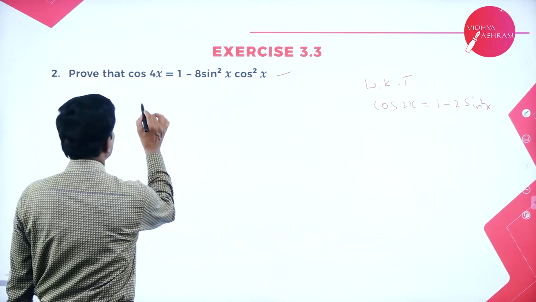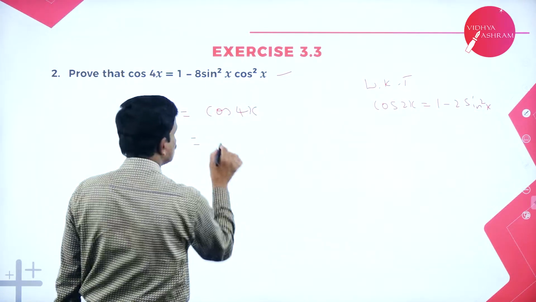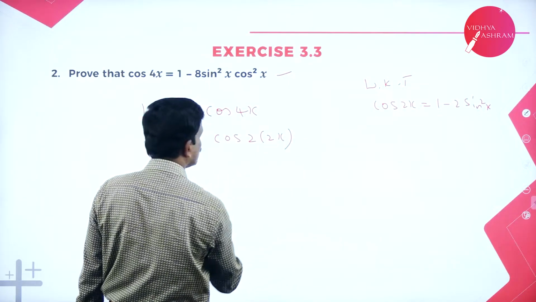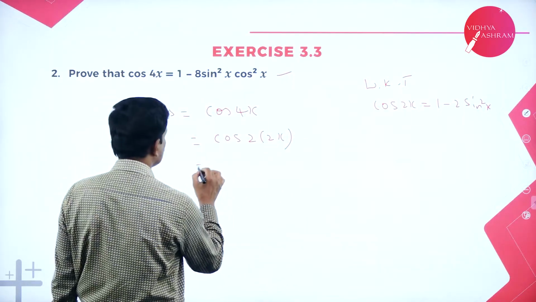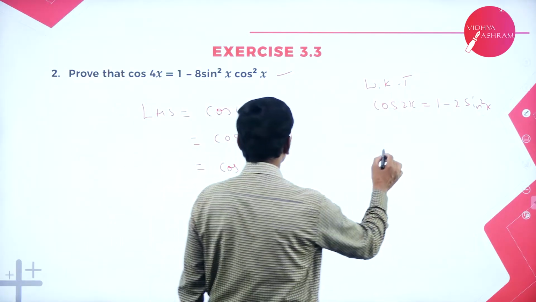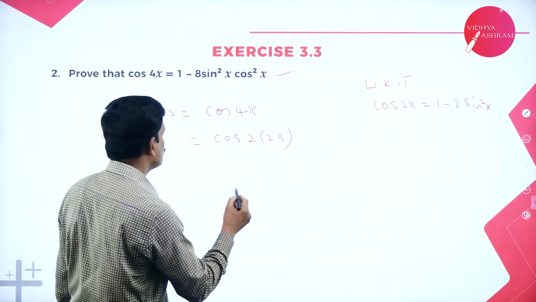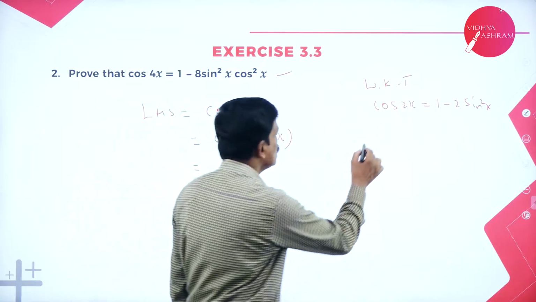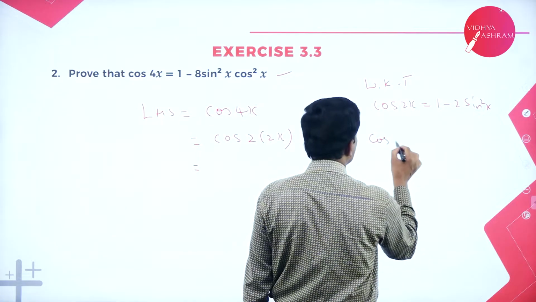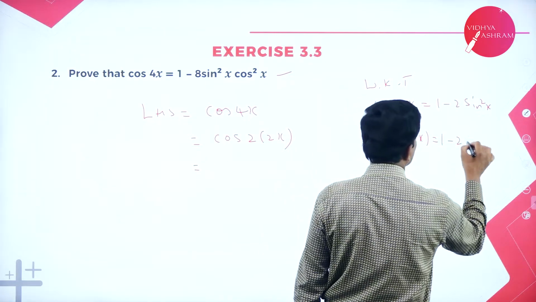Okay. Now, let us take LHS. LHS is cos 4x. Cos 4x can also be written as cos of 2 times 2x. So, this is equal to cos of 2 times 2x. Now, using the formula cos 2x is equal to 1 minus 2 sine square x, if it is cos 2x, we can write 1 minus 2 sine square x. If it is cos of 2 times 2x, instead of x it is 2x, this is 1 minus 2